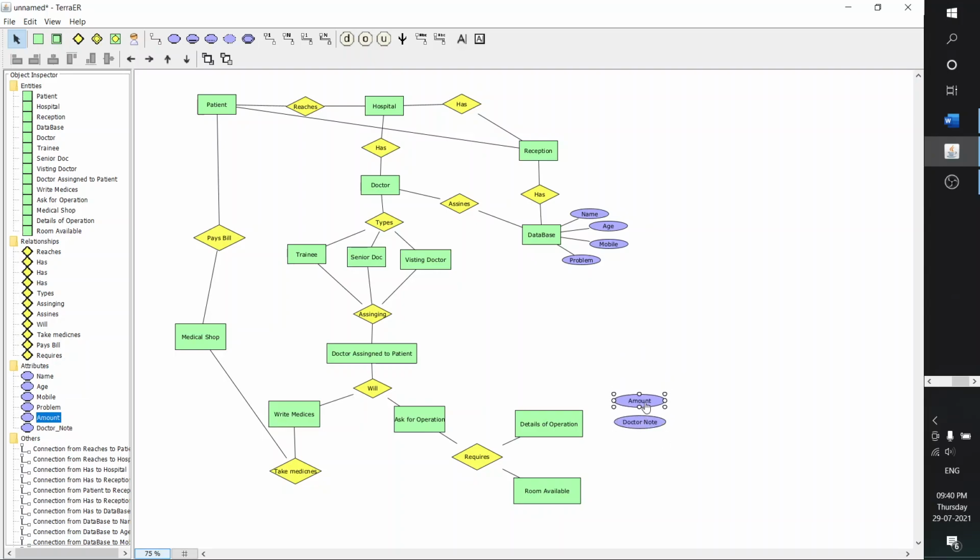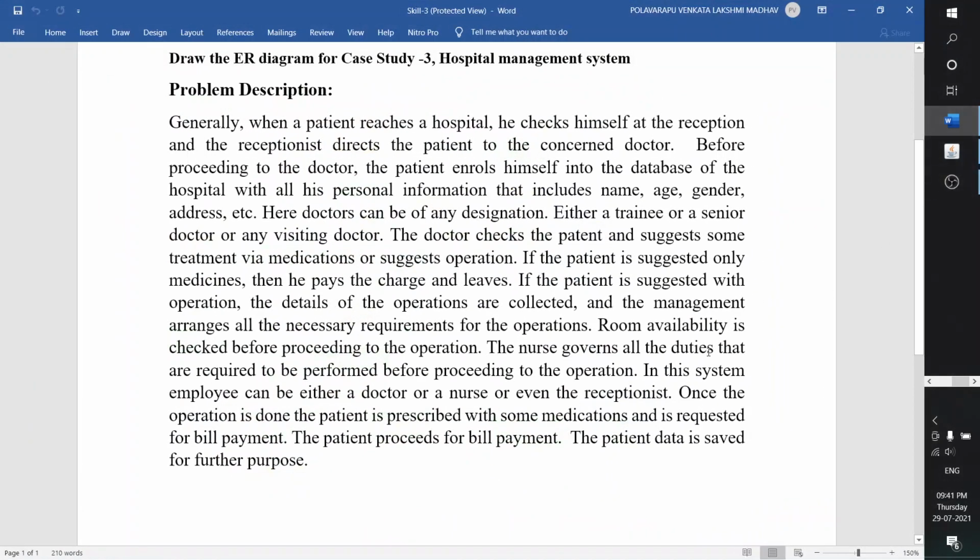There will be some entities. Details for the operation will be taken, and room availability is checked before proceeding to the operation.